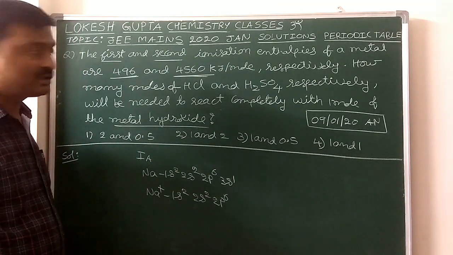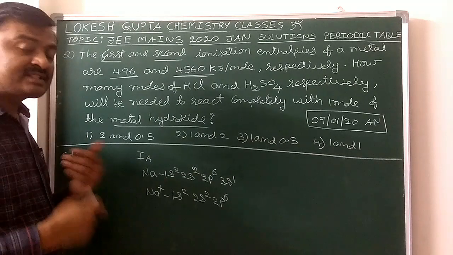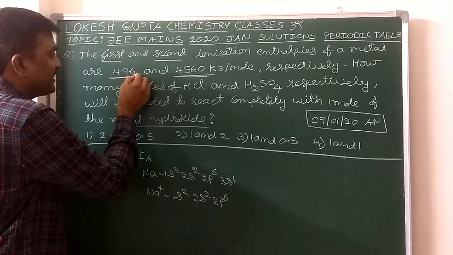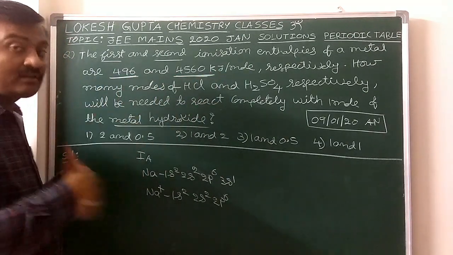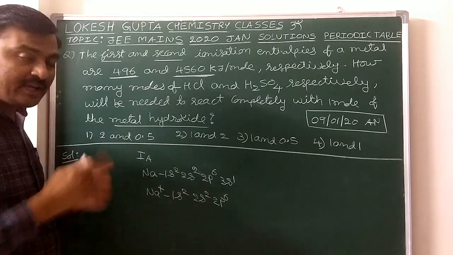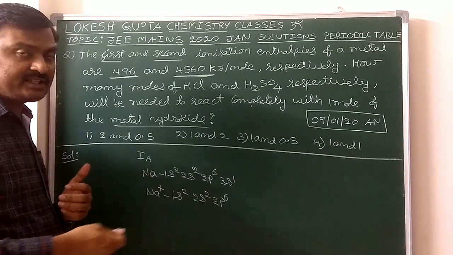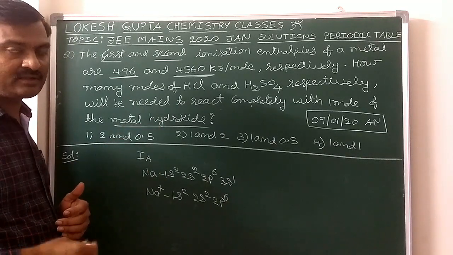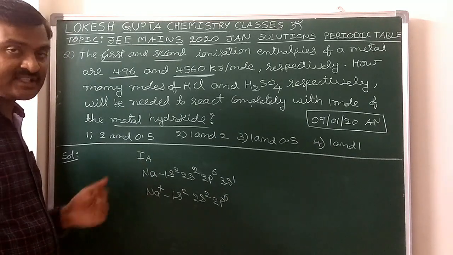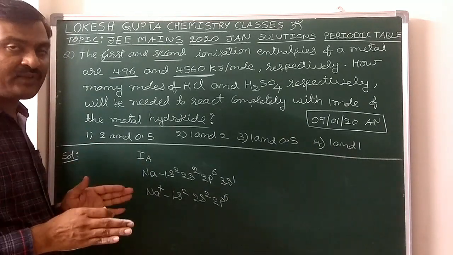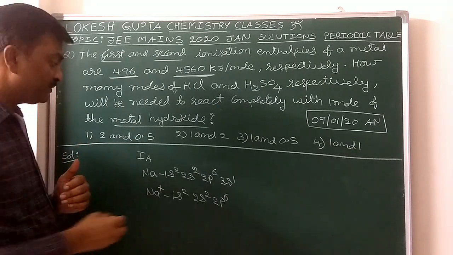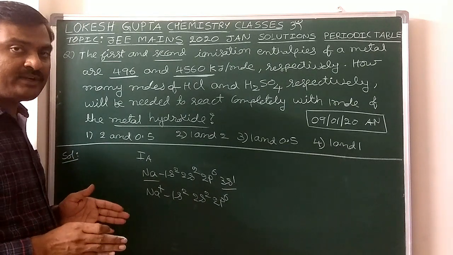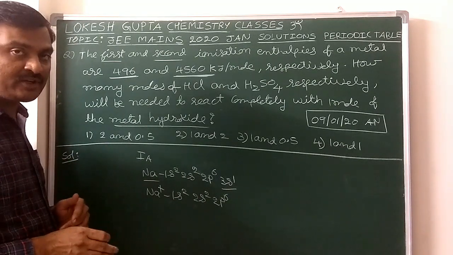How to answer it? Now see, for any element, successive IP values increase. But for this element, from first ionization energy to second ionization energy, a lot of increment is there. If a sudden increase is there from IP1 to IP2, and after that a slow increase, then that is a 1A group element. Why? Because for a 1A group element, take sodium for example. In case of IP1, we have to remove the electron from the neutral atom. Now 3s1, one electron we have to remove. In case of IP2, we have to remove the electron from the unipositive ion.